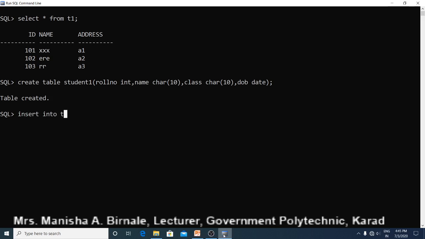Insert into table name values, roll number, name, class, and date of birth is also enclosed in single quotes, 12 Jan 1990. In this way you can insert a record into the student table.